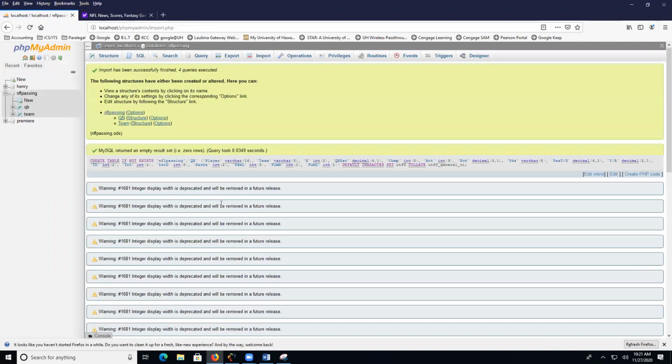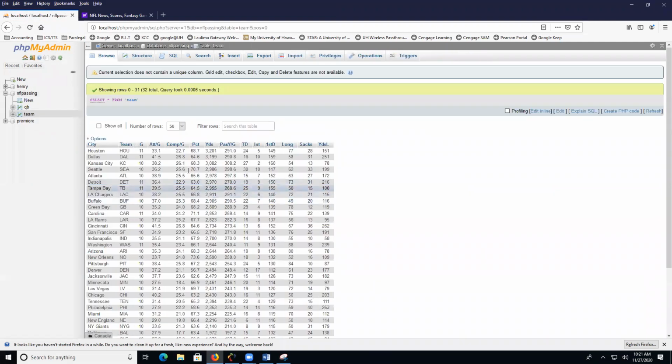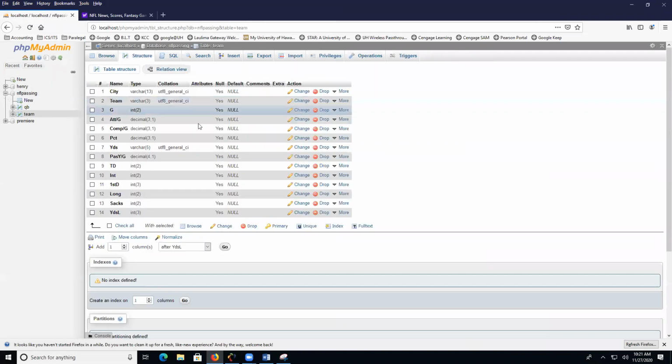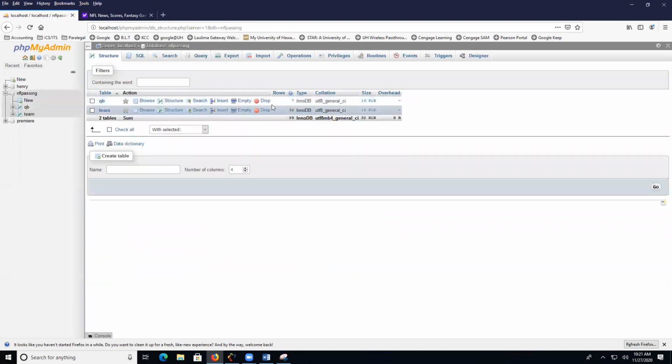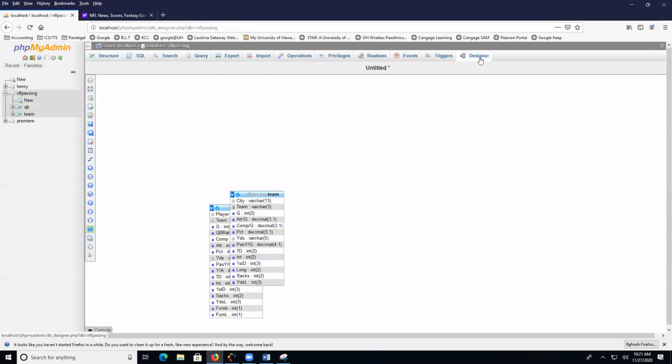Should do it, right? Does it? Got the two tables over here. Then what I'm going to do is click on team, then click on structure, and then click on team here. And I'm going to make it a primary key. So everything looks good, right? Everything looks primary key. Now, once again, if I click on NFL passing and I do the relationship,